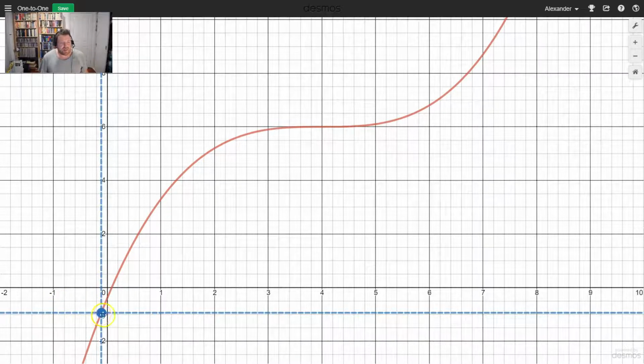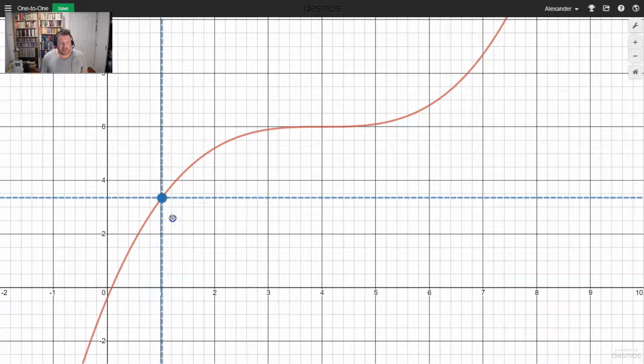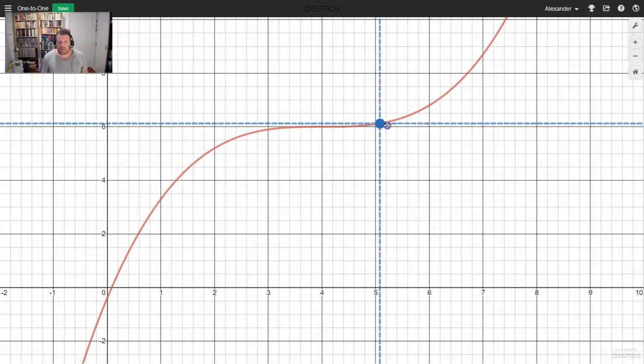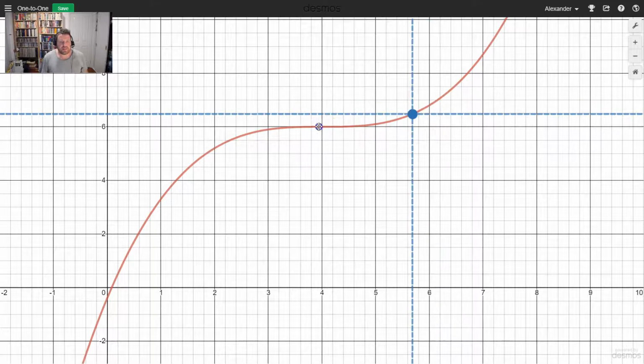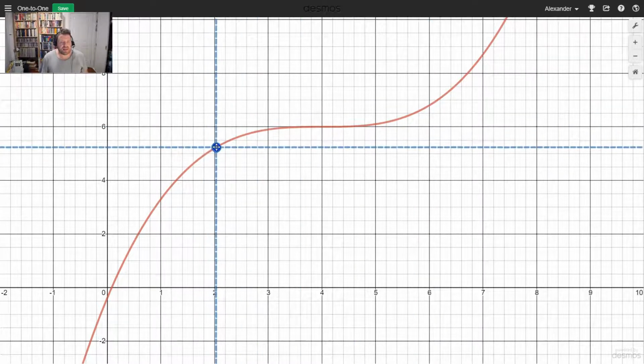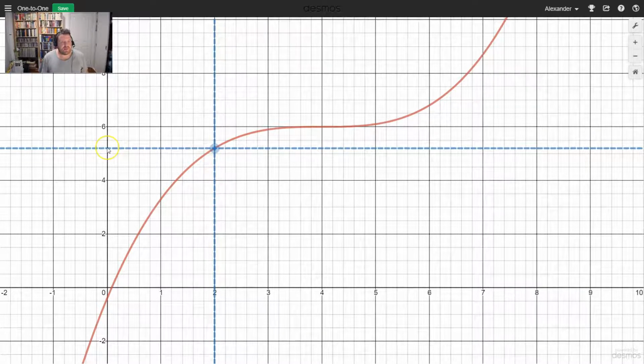And what I mean by that is that anywhere you want to go along that graph, you can always draw a horizontal line and a vertical line which only cuts the graph once. The reason this is called one-to-one is the idea that each x value, the first one, gets mapped to a single y value, the second one. So if we look at this point here, we'll say this x value gets mapped to that y value and